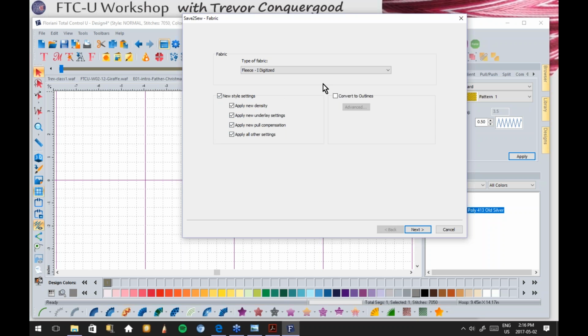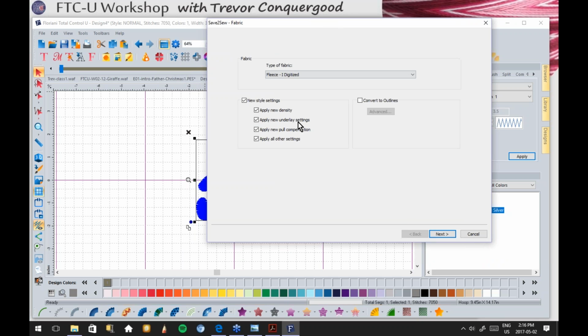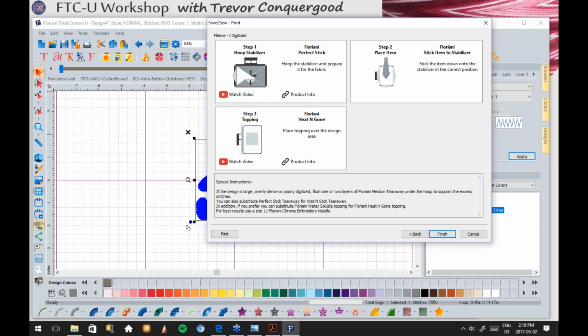And then this whole convert to outlines, we're saving that for another day, because it's like in the beginning where I said this has nothing to do with the bear in the design that we made. It has to do with working with other people's designs that you maybe purchased, and we'll continue with that thought in another class. So I click next, and suddenly